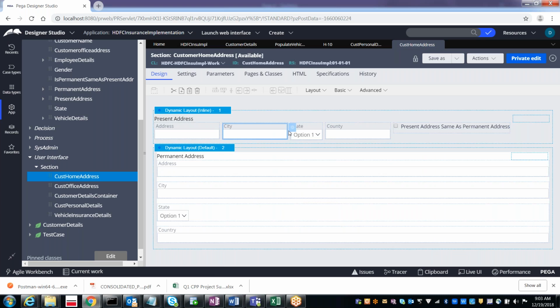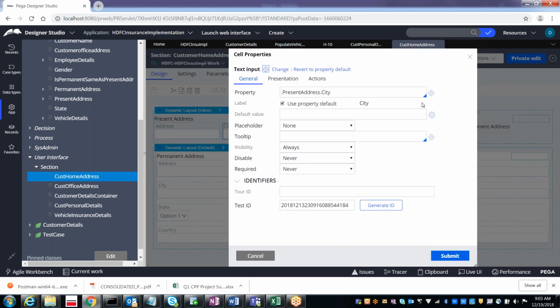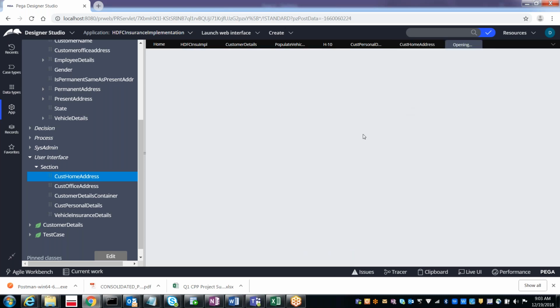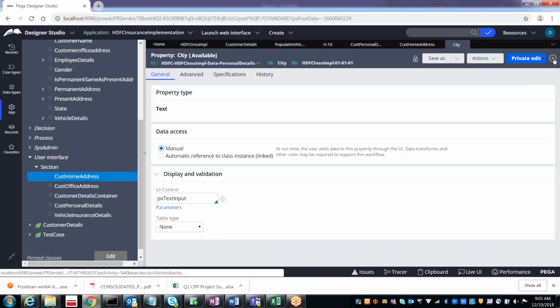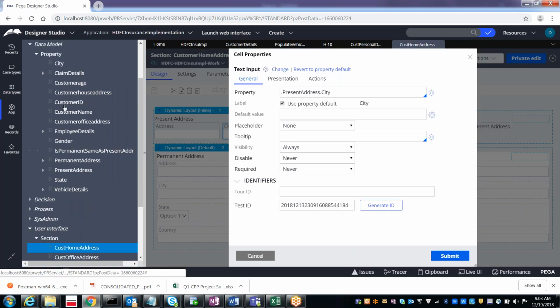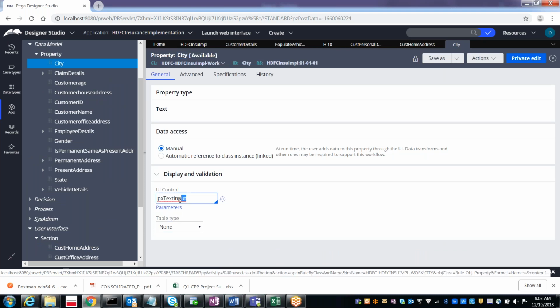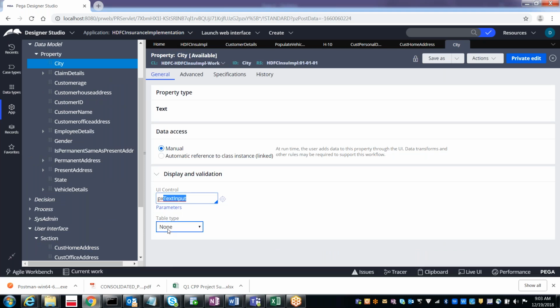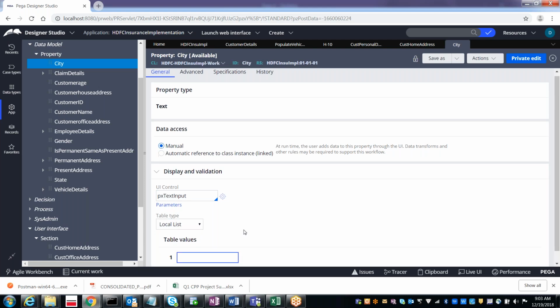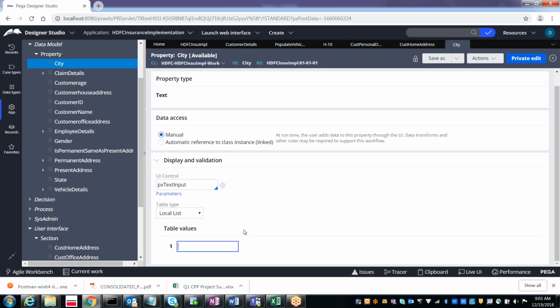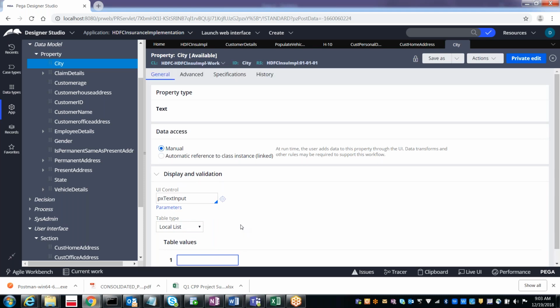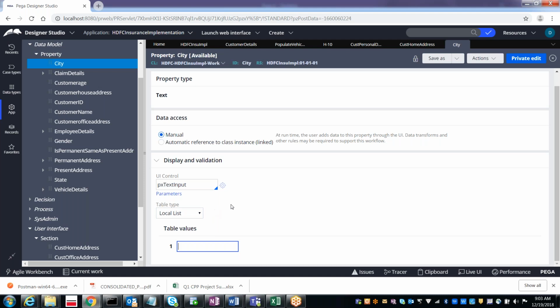As defined on property means here we have the local list. In the local list, the values which you are giving will be populated, right? So as defined on property means whatever you give on the property's local list will be populated.